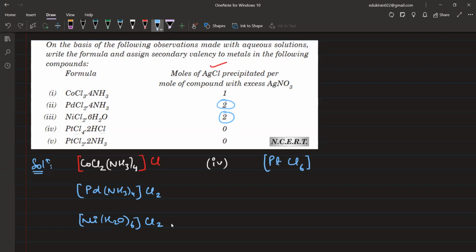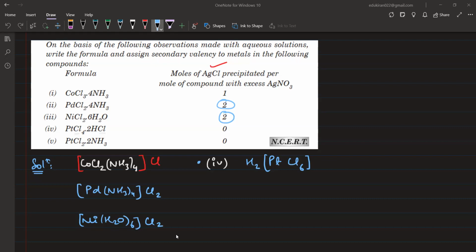2 chlorine तो यहीं से आ रहे हैं और 2 chlorine कहाँ से आ रहे हैं? HCl से आ रहे हैं. And then we have these 2 H plus ions. So it will be here. Okay. So this is the formula for the fourth one. I think this must be not right for few people. Please write this down. So correct कर लीजिए.